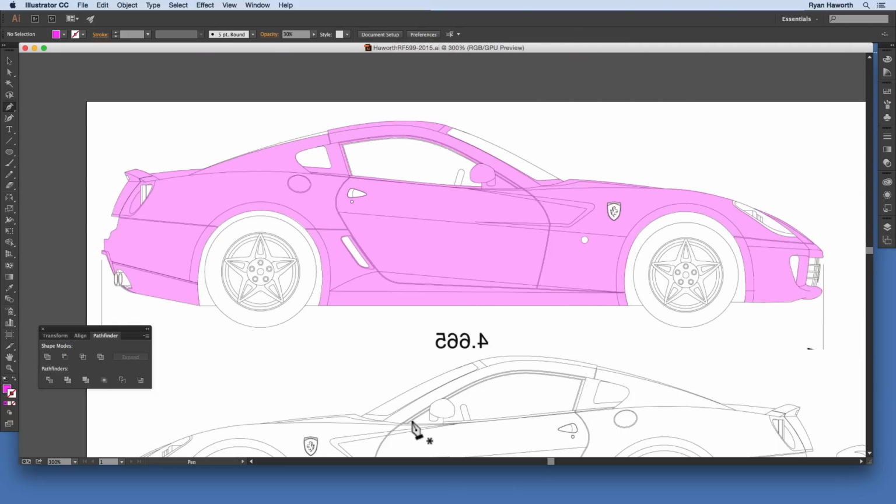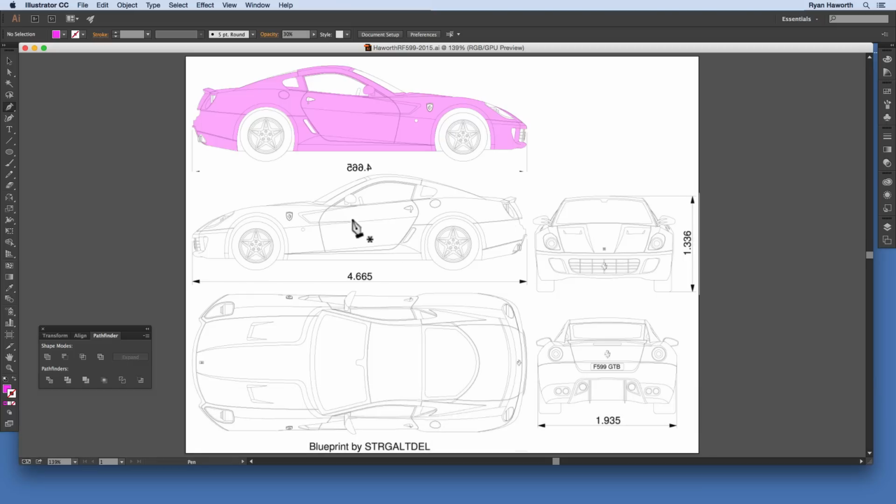Okay, so now I have this view all completed with the outline in the way that I want it. Now what I need to do is complete the same process for the front, the back, the other side, and the top. However, as you notice,